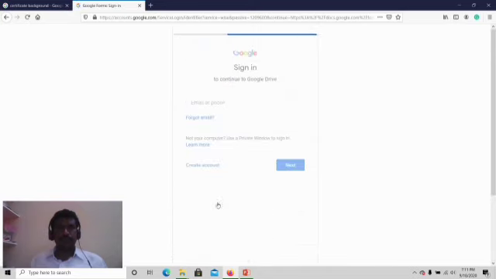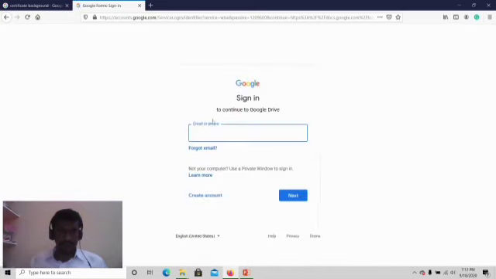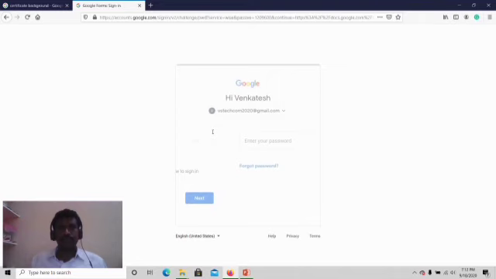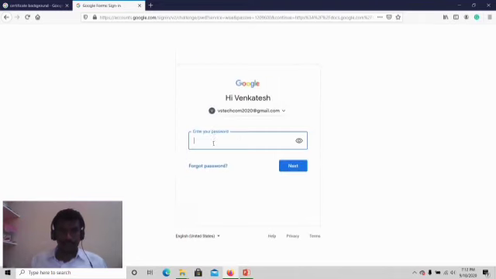So next, enter your email ID and password, so that we can enter into our Gmail account.